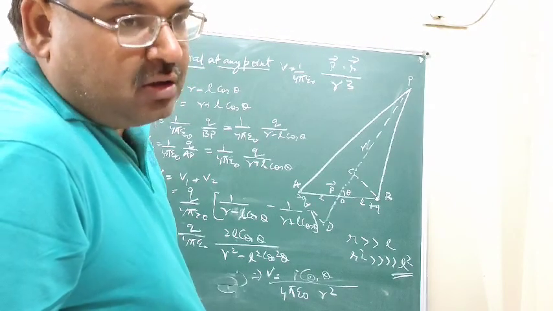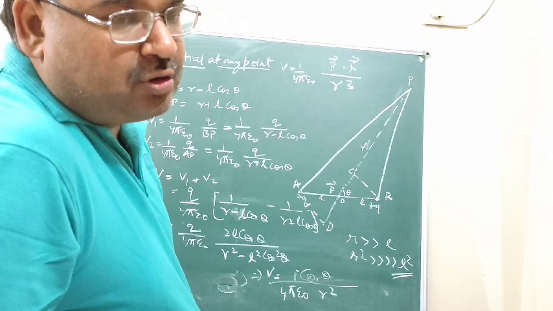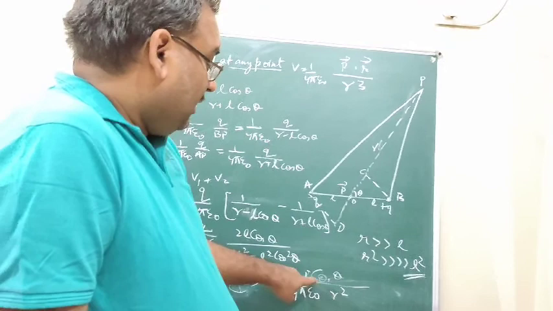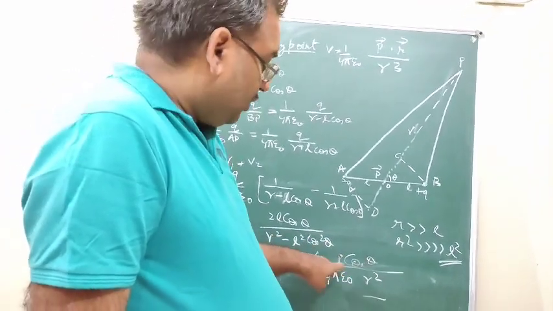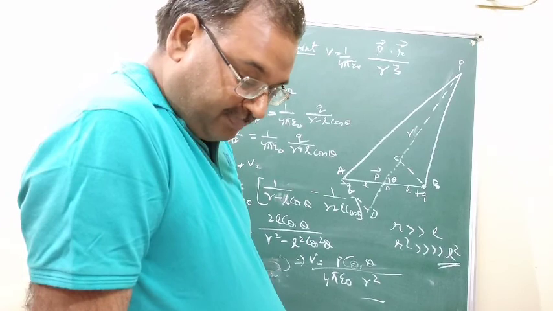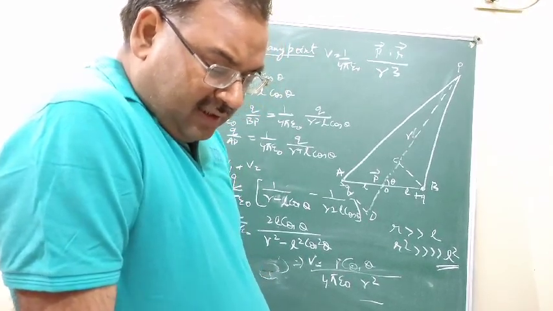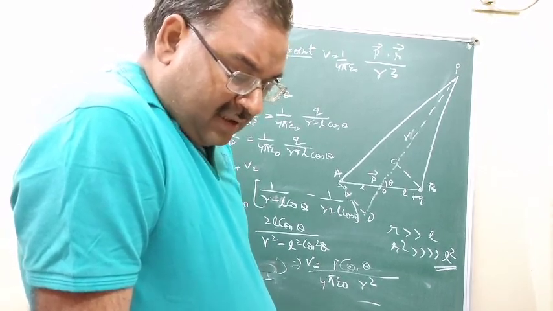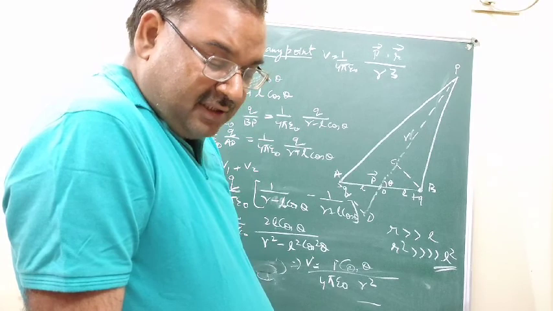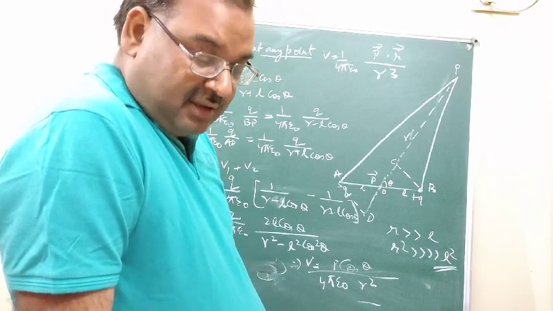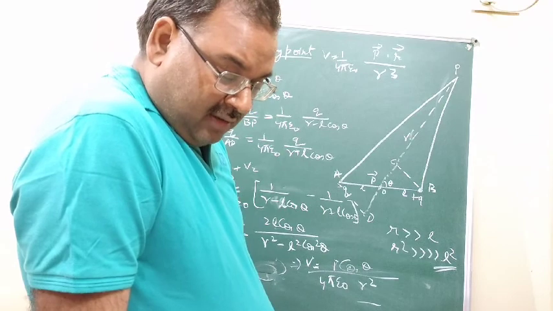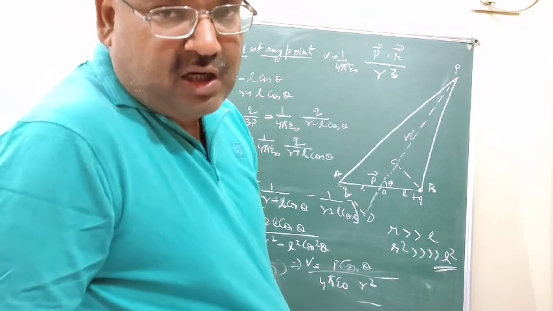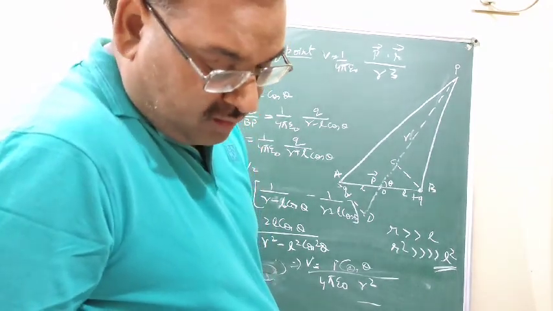As you know, the vector product A dot B is equal to AB cos theta. So we multiply by R, the displacement vector of the point, in the numerator and denominator. We get P dot R upon R cube. Now we compare this. Comparing the result with the potential due to a point charge, we see that in a fixed direction, that is fixed theta, V is inversely proportional to R square.